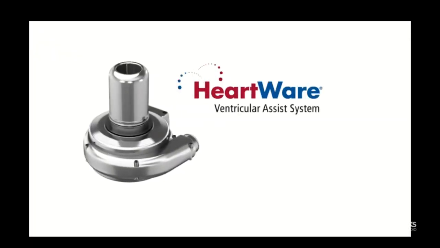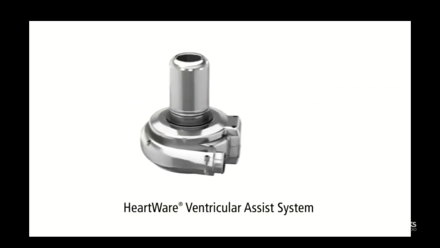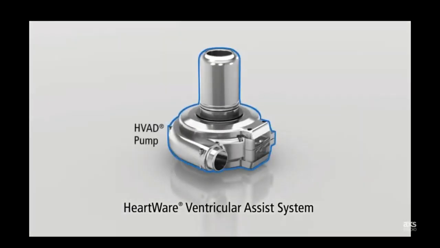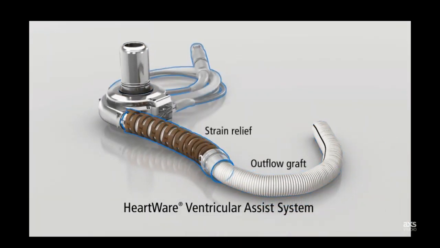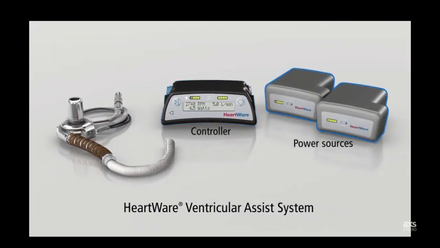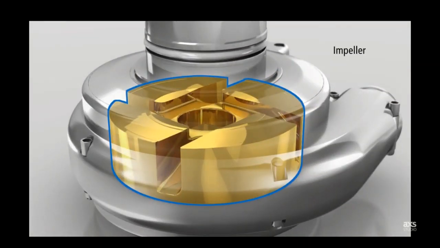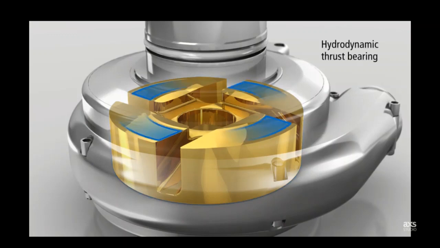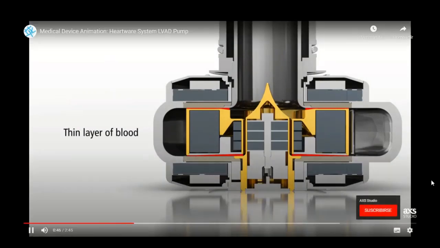The HeartWare Ventricular Assist System is a miniaturized implantable circulatory support system for the treatment of advanced heart failure. The HeartWare system consists of a small, continuous flow pump with integrated inflow cannula, an outflow graft with strain relief, a driveline, an external controller, and external power sources. At the core of the HeartWare platform is a proprietary suspension system for the wide-bladed impeller. Using a combination of both hydrodynamic and passive magnetic forces, a thin layer of blood is established between the impeller